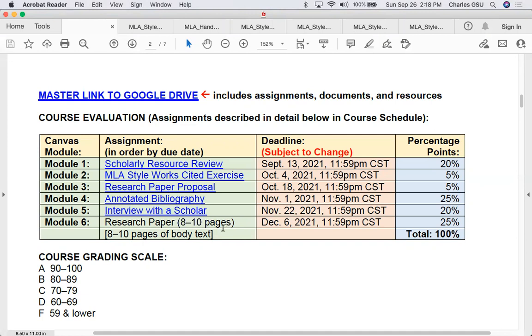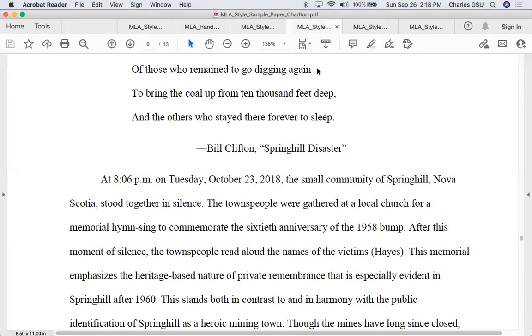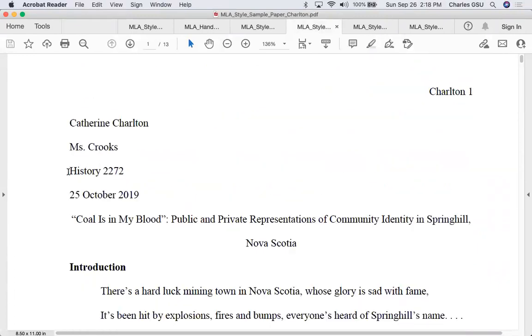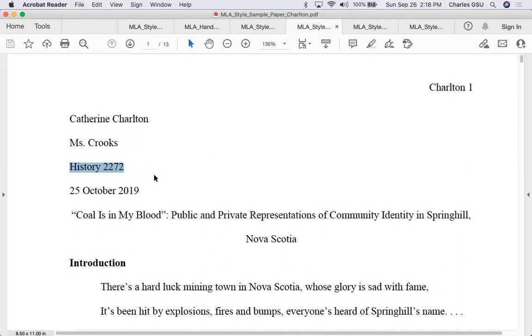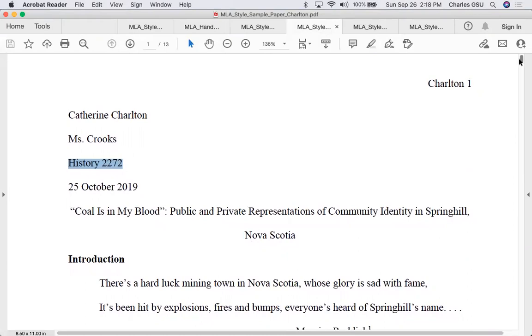As I explained in the first video lecture on the scholarly resource review, real college level, especially upper level, essays and research papers are at least a minimum of 8 pages and usually more. In fact, if you look at all of these papers here, this is a history sophomore level course. Instead of 200, it's a 2000 level number, but the 2 in front of it means that it's a sophomore level. And this is a history course, and this student wrote